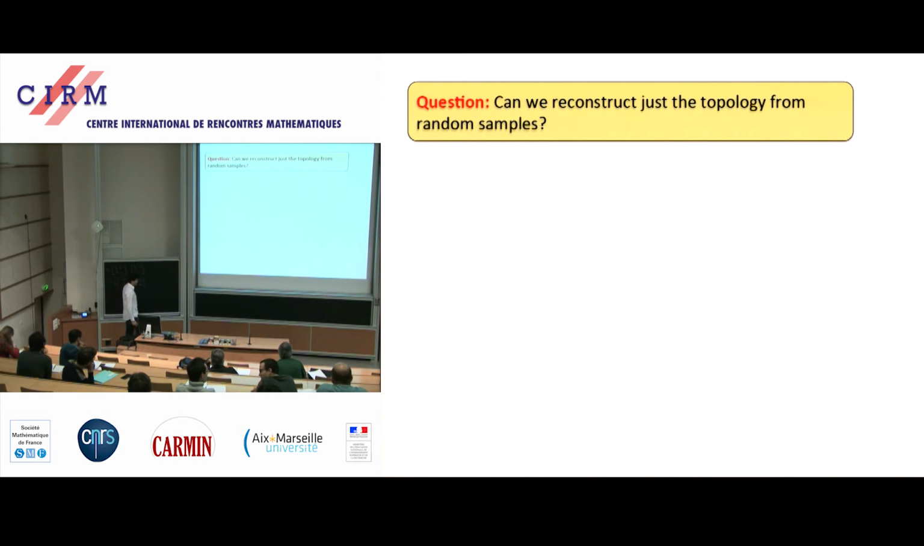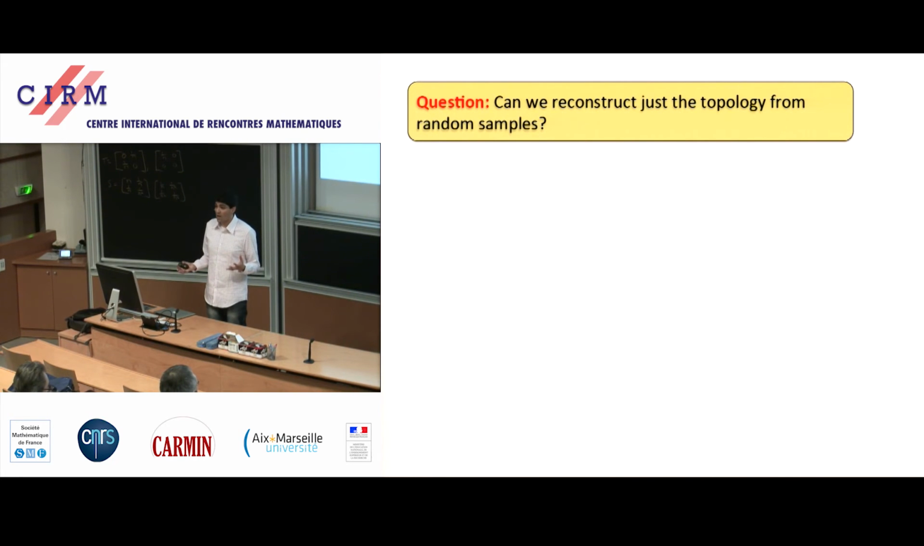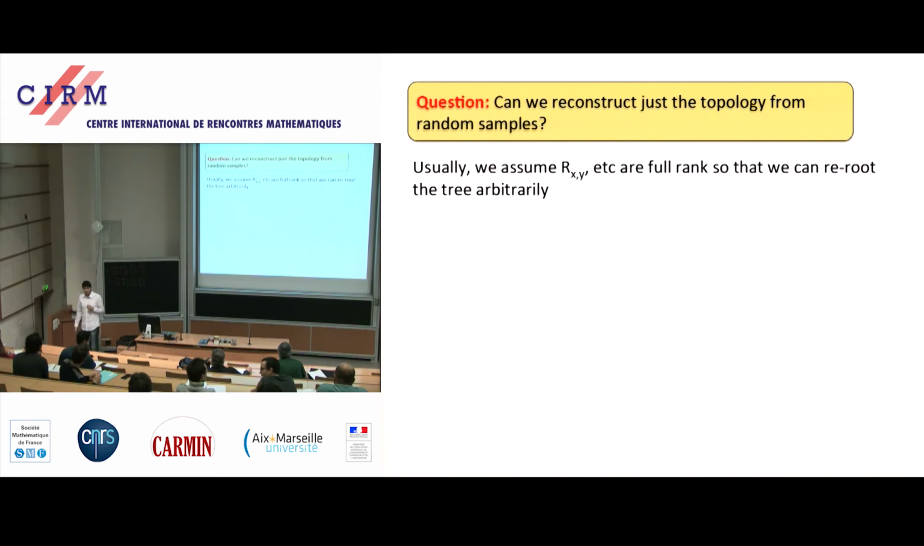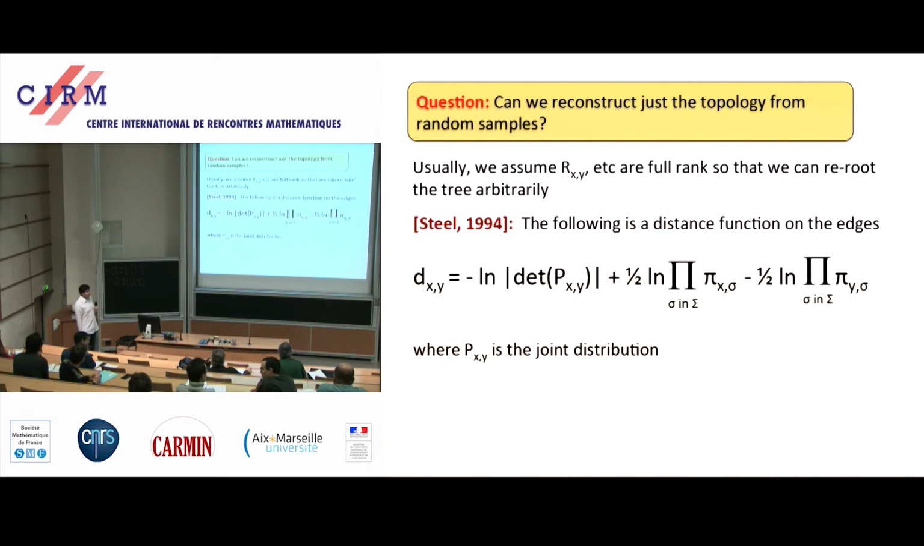But the point is, the first question before you even get into tensor decompositions is: imagine you are given samples from this phylogenetic model. You could ask, can I even reconstruct the topology of the tree to begin with? So usually what one assumes is that these transition matrices are full rank. And then it turns out that there's this beautiful paper in mathematical evolutionary biology of Steel, who showed